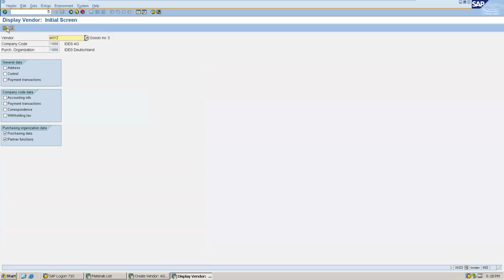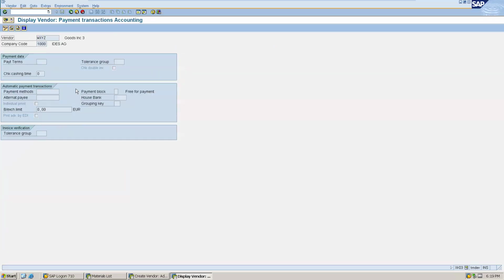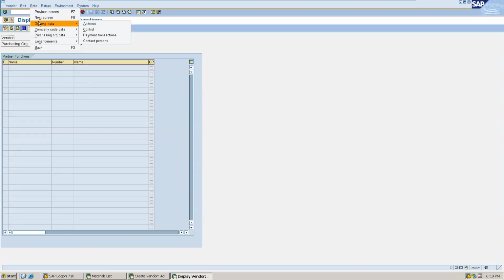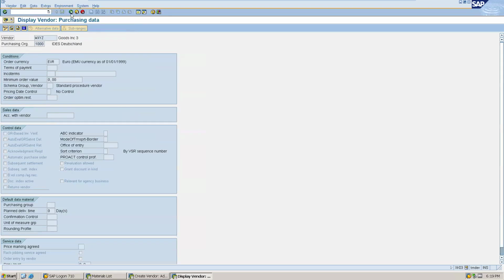But I can also just select all of them using this button here and executing. And then I can just navigate through all the data for this particular vendor. Okay. I also told you you can use the go-to icon, the go-to command. And from here you can flip. So if I wanted to go to address, I can do that. And if I wanted to go to purchasing directly, I can go to purchase org and purchase data and so